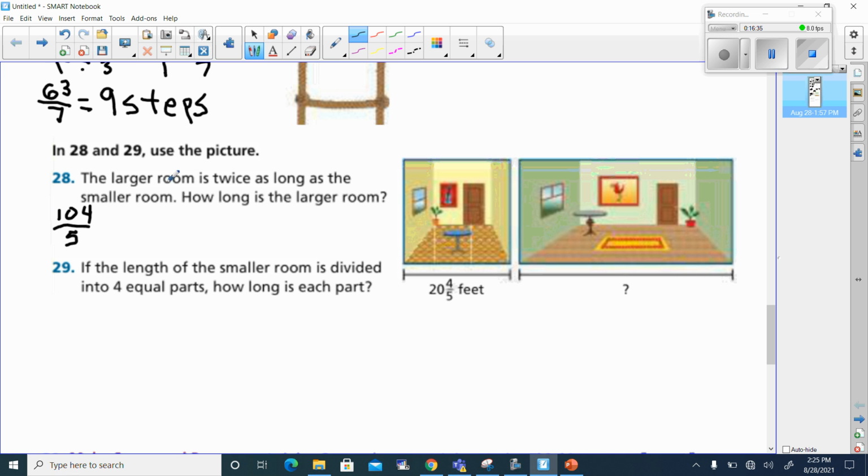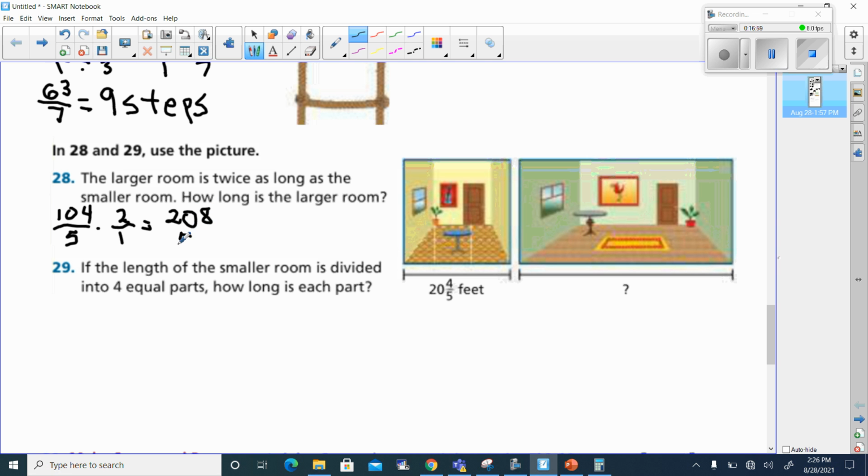And since this room is twice as big, we're multiplying it by 2. So this is going to be 208